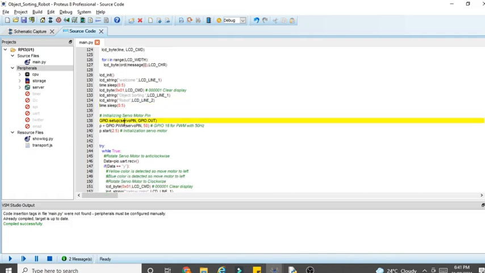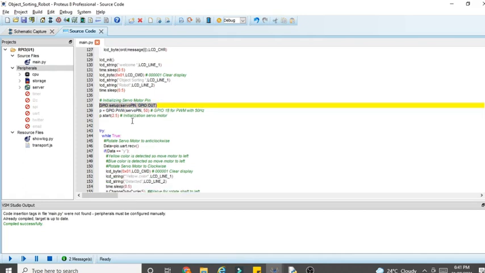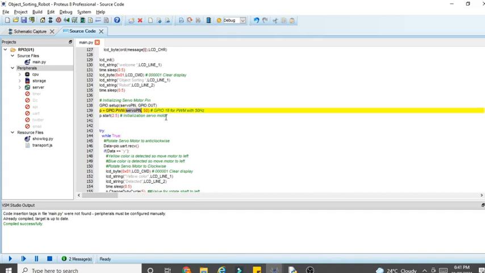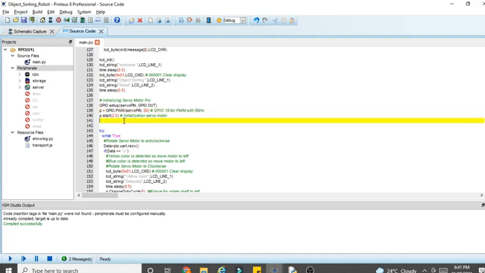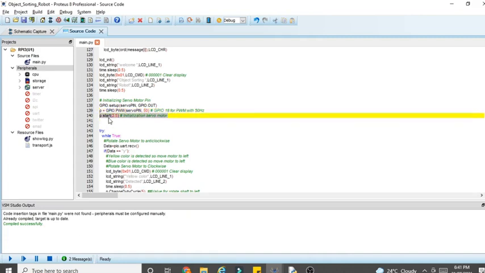After that we will declare the servo pin as an output pin, because the Raspberry Pi sends a signal to the servo motor, so this pin will work as the output pin. So GPIO.setup servo pin, GPIO.OUT. In this way we have declared the servo pin as output. Now the next line is we have to define the PWM frequency for this servo pin. To declare the PWM frequency, we will use this function. After that we will initialize the servo motor by using this function, p.start(2.5).